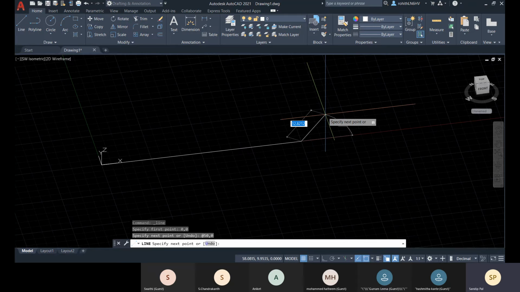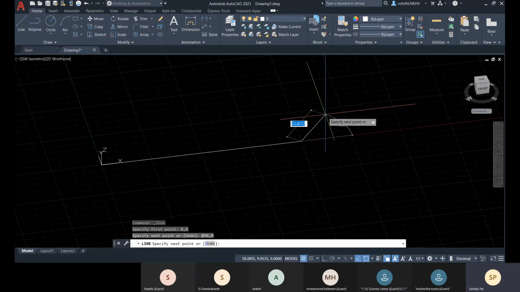When you activate dynamic input, in the default condition it will take the relative coordinate system. I will come to the relative part later. For now just know that whenever you turn on dynamic input, at the initial stage it will take relative coordinates by default.